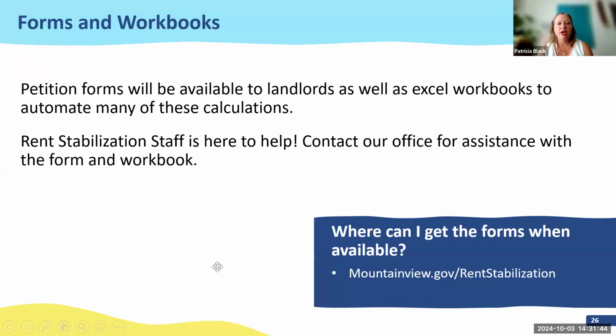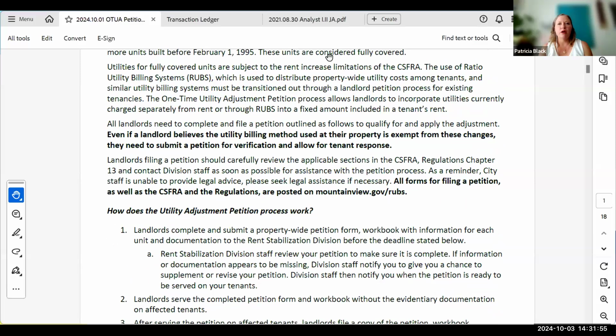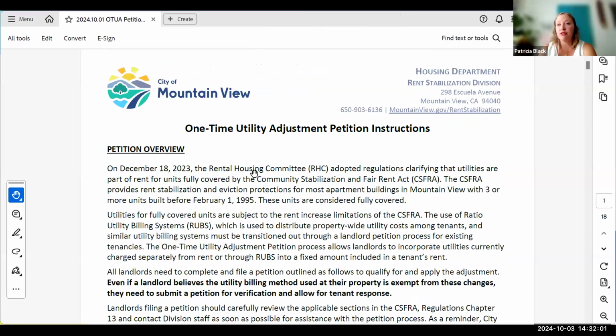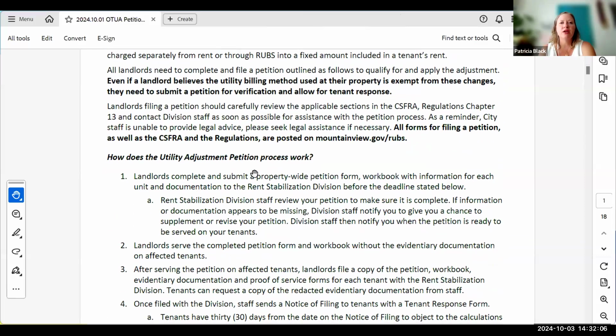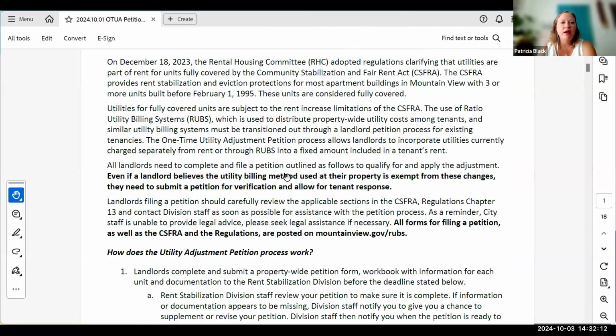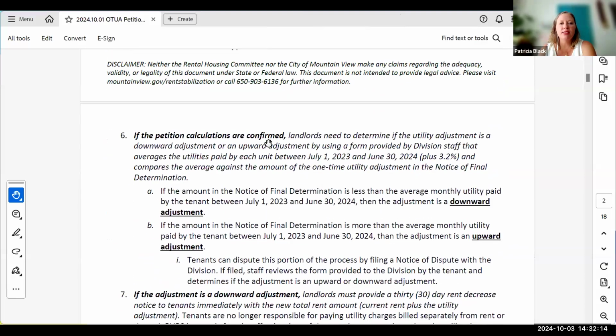So let me go ahead and share what the petition form looks like. Share it right now. So here we go. This is what the petition form looks like. This is a fillable form. You can get it on our website. Over the beginning are the instructions. Please read them. They will be very helpful to you. And it has an overview of the process here,